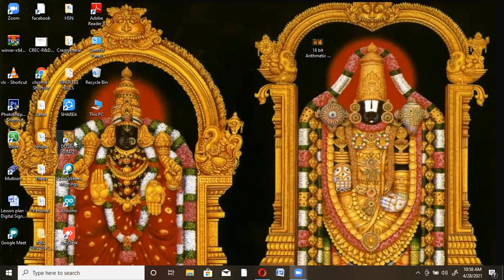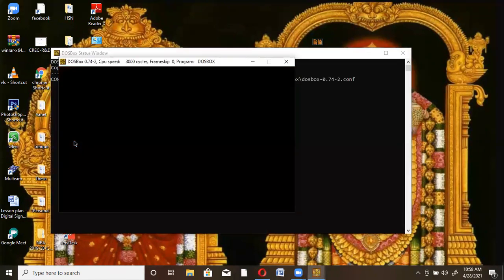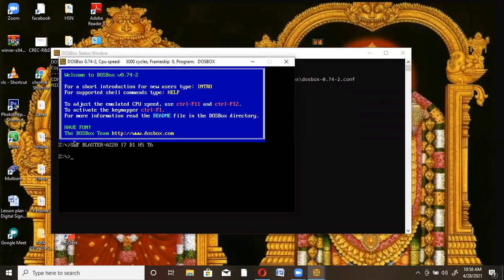So now today's session, what I'm going to explain with the help of my channel is how we have to develop the code related to logical operations, 16-bit logical operations, with the help of MASM software, followed by the DOSBox tool. Once we open the DOSBox tool, see my screen. Now the DOSBox tool is open.